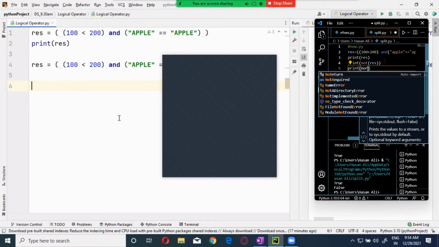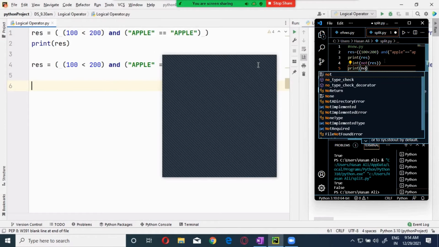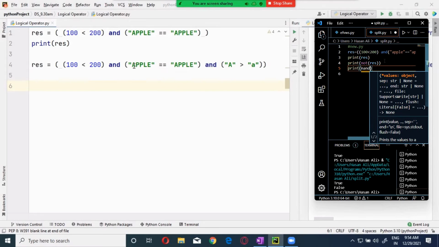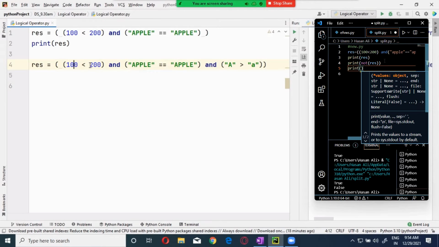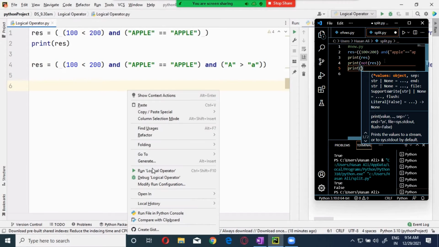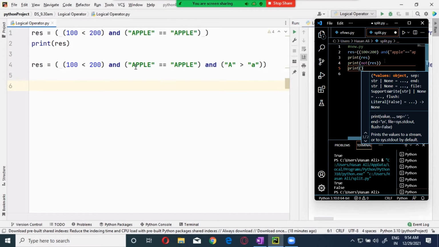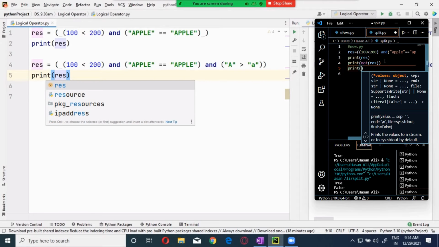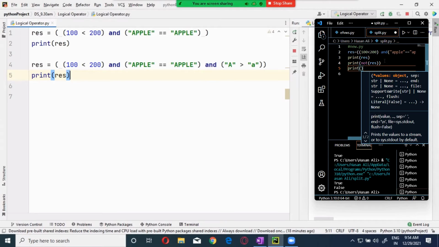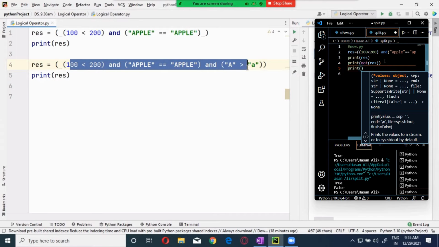It is clear? Now let's see this one, guys. Here you see this is true, and this one is false, right? When I run this one, we'll be getting an output. Print result. We'll get a false over here. Okay, clear, guys? Because one of the statements is false, whenever you are using and, if one statement is false, the total outcome will be false. Okay.